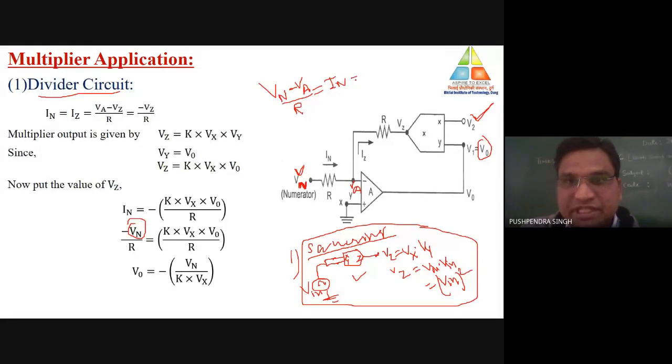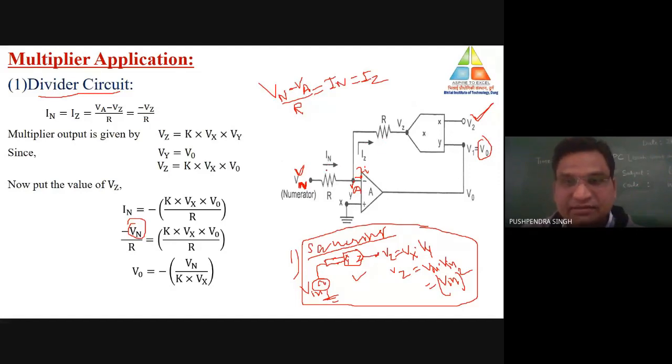And this will be the same as Iz. In will be the same as Iz. Why is it the same as Iz? Because the input current of the operational amplifier is 0. Let's suppose here the value of current is Ii. Ii is the input current of the op-amp. But due to infinite impedance of the operational amplifier, the value of Ii is 0. So when Ii is equal to 0, In will be equal to Iz.